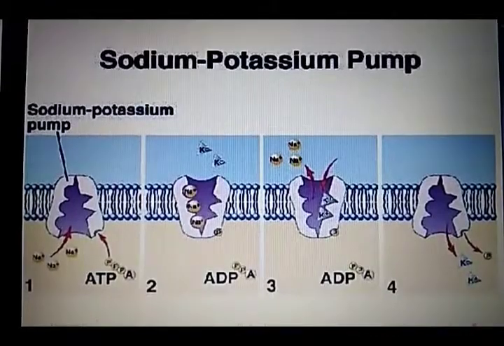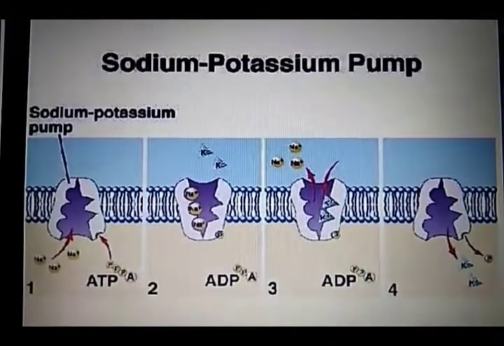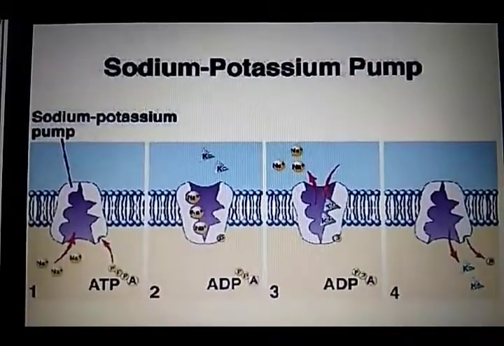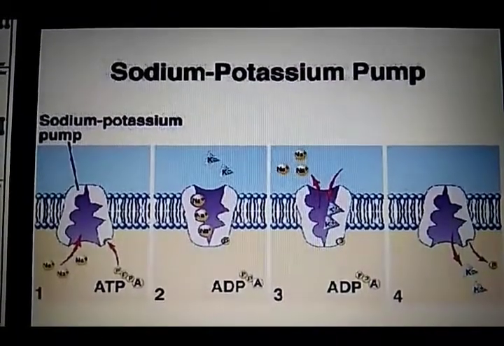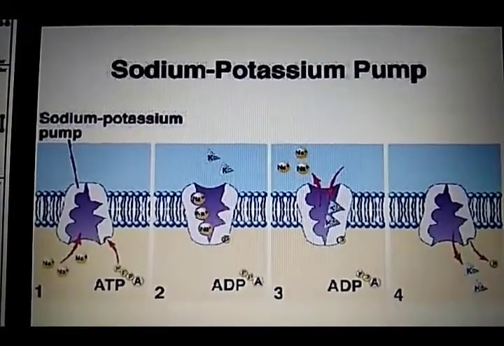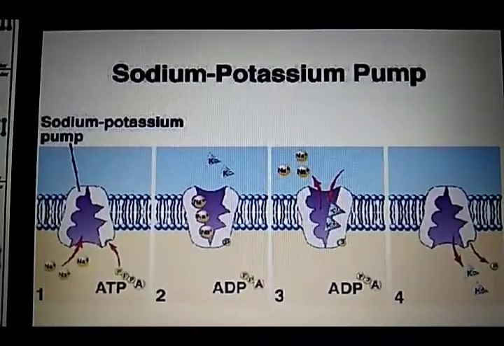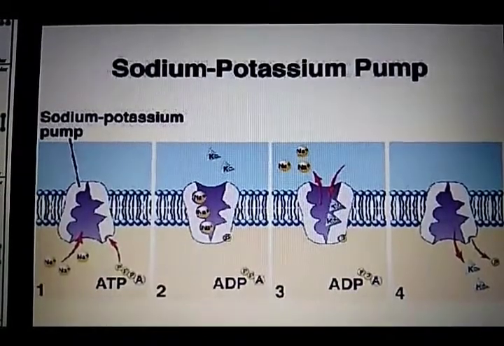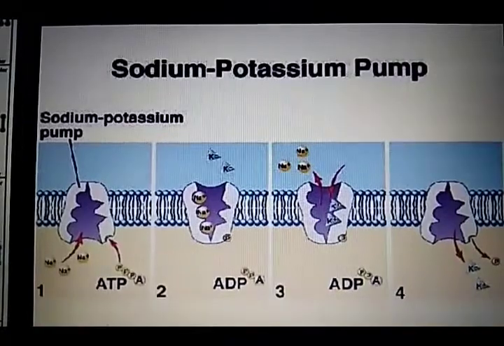In this video lecture, we will understand about the mechanism of active transport and its types. Basically, active transport can be categorized into two types, primary active transport and secondary active transport. Primary active transport is the type of transport mechanism in which the energy is liberated directly from the breakdown of ATP. By this method, the substances like sodium, potassium, calcium, hydrogen, and chlorine are transported across the cell membrane.